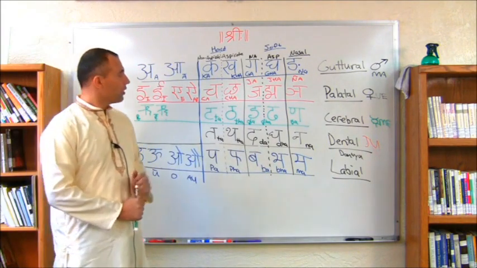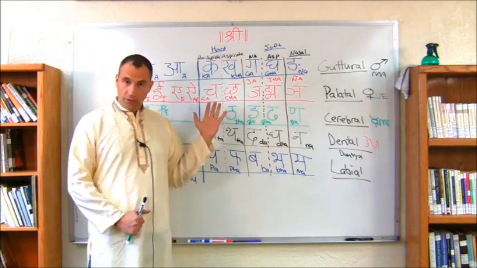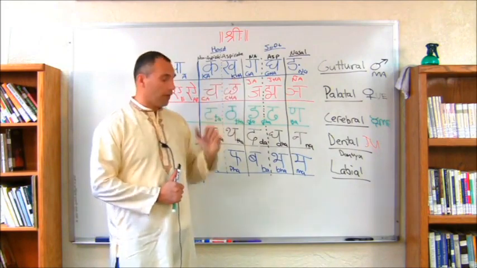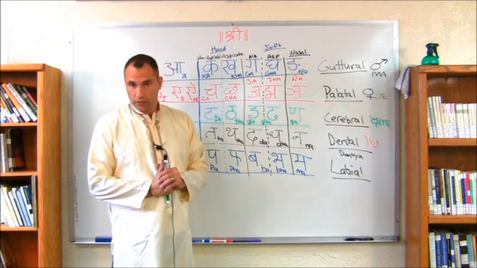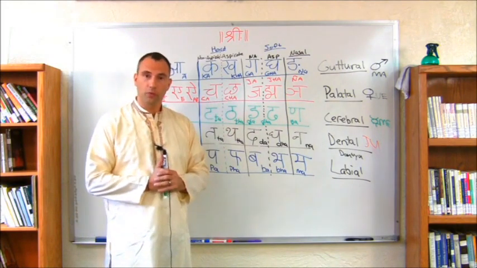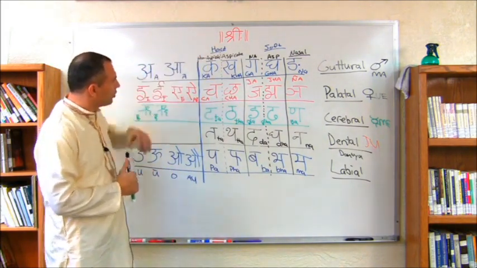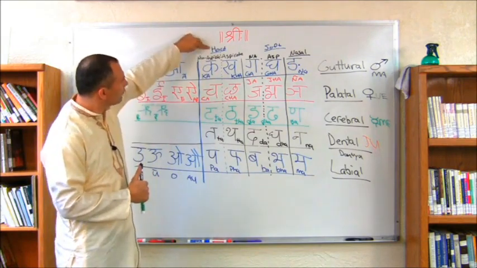Now, one more thing about the general consonants, and then I'm going to get into the specific meanings and way to write each one of these. Okay? So I'll erase this off the board. But first, to give you a little bit of a tour through the alphabet, here you see that I've written